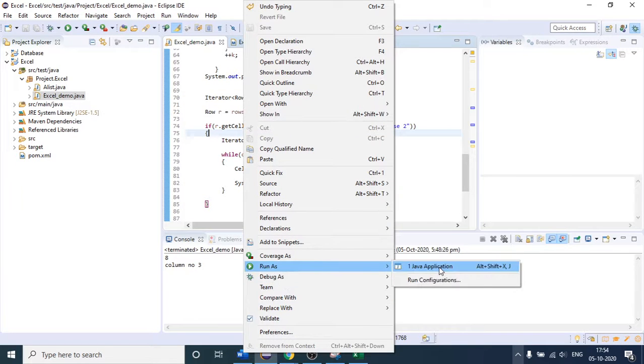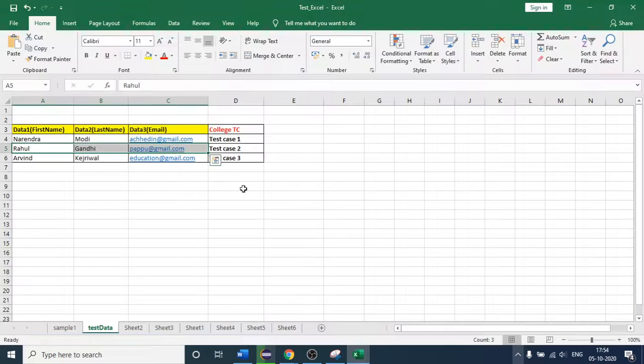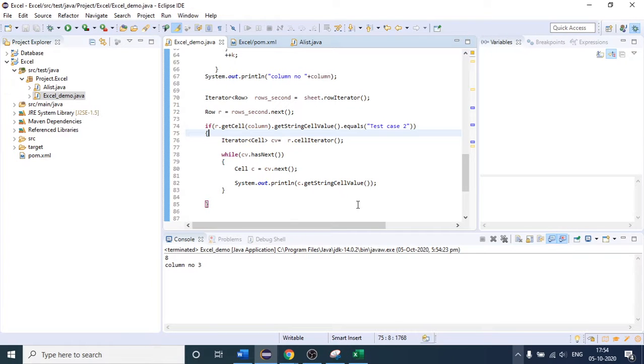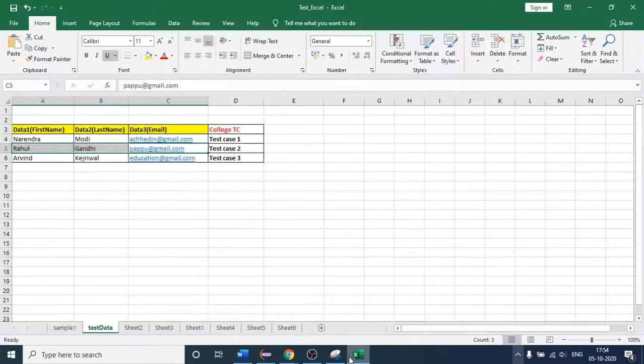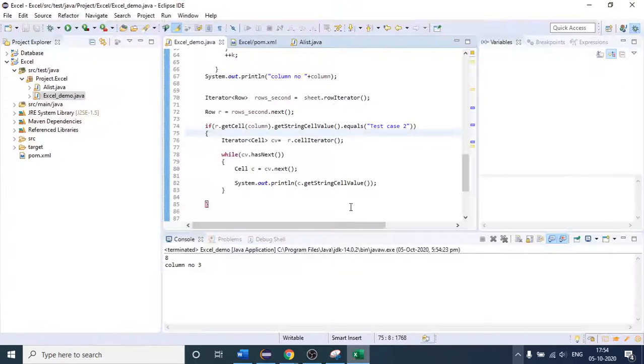First, let me check. If I run this test case, I think these three data should be printed in our console. Let us check. Okay, it has not printed. Test case 2. What is the column number here? 3.